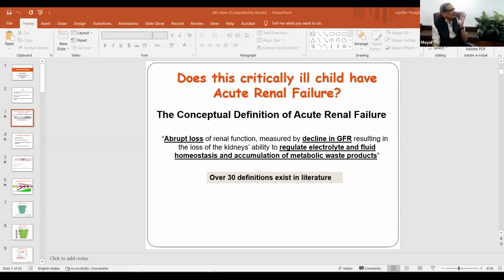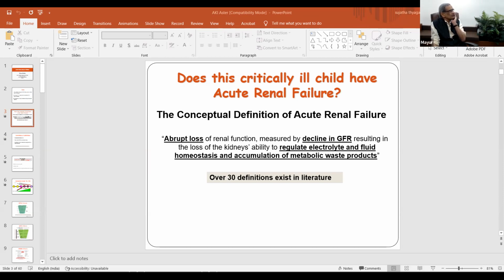But still, there are some issues, like mostly this has been tested in ICU or tertiary hospital settings. And we really miss out on children with AKI who do not have complete data, which is the baseline creatinine. So we always need a clinical judgment while using these definitions. The acute renal failure terminology was changed to acute kidney injury in 2004. And it reflects the entire spectrum of AKI, right from risk to end stage kidney disease.